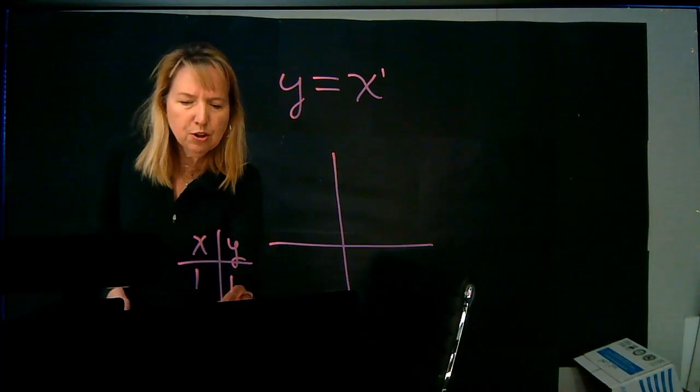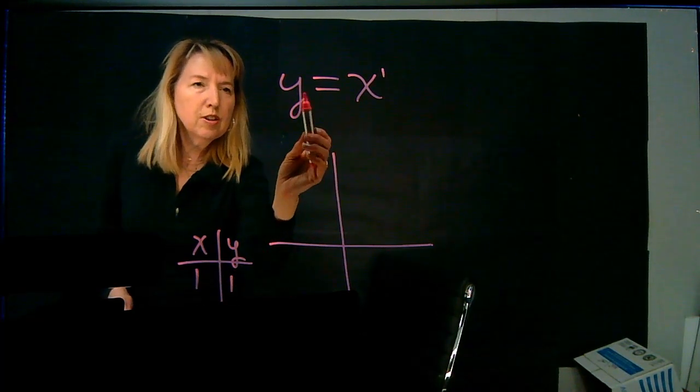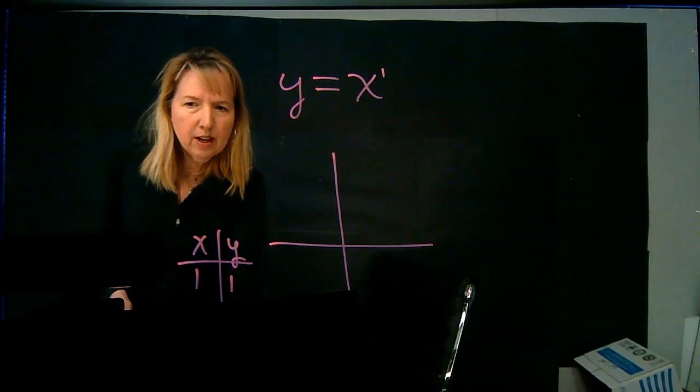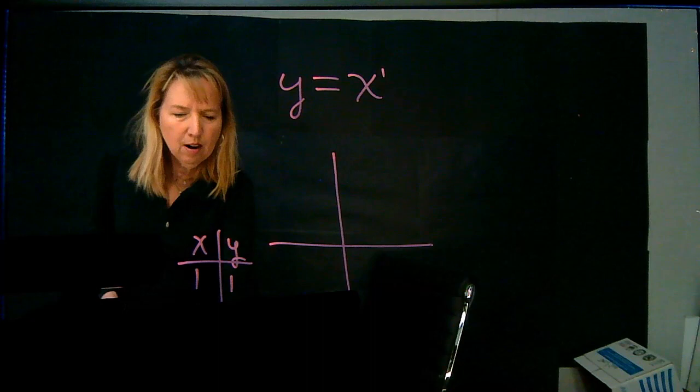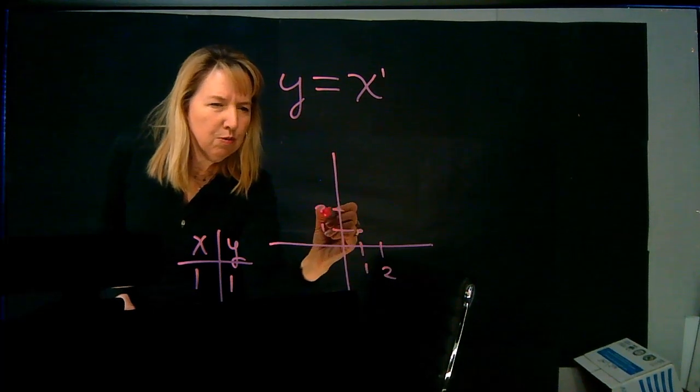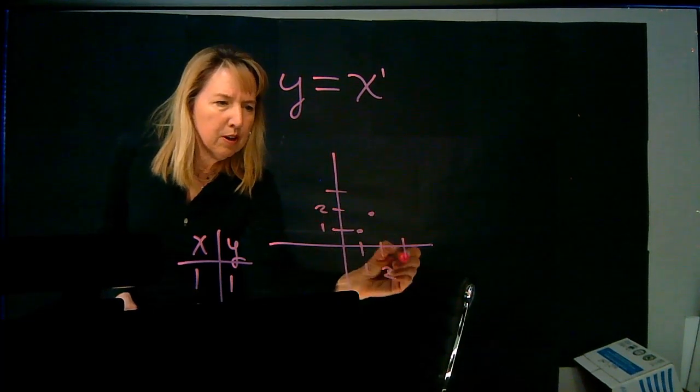If you put in 2 for x, you'll see that y equals 2. And if you put a 3 in, you will get a 3 out. If you go to graph those points, (1, 1), (2, 2), and (3, 3),